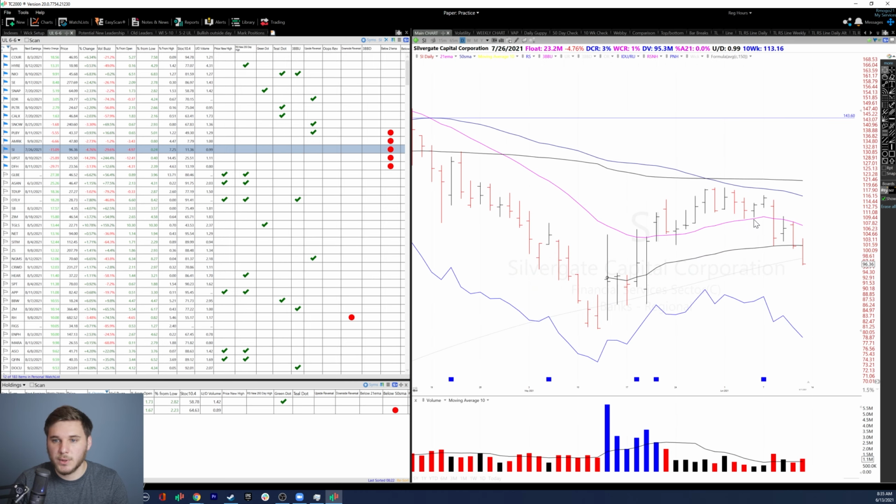SI as well was building out a nice structure, but then had one bar which really just sold off, pulled back to the anchored VWAP from this low, and then it's still not acting right, pulling back below the 200-day